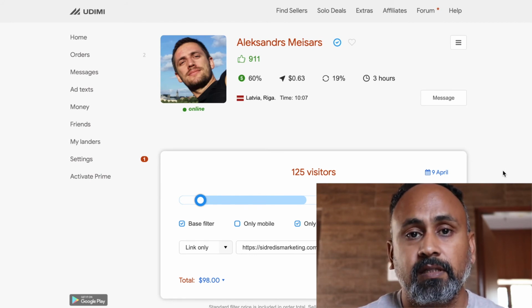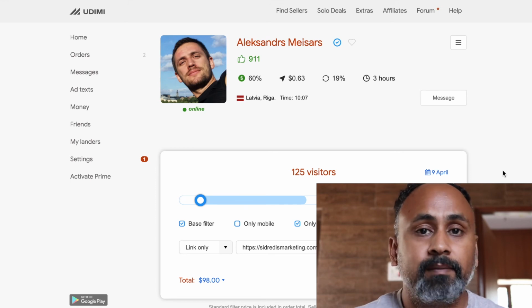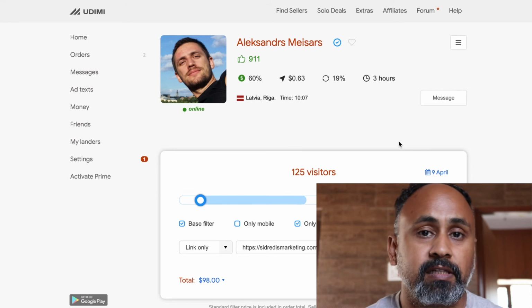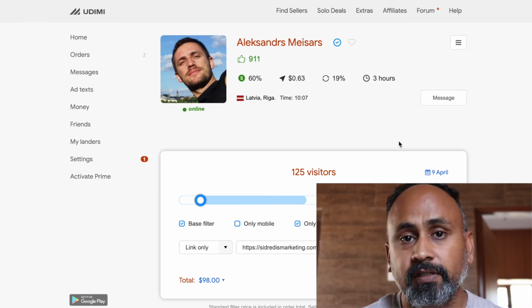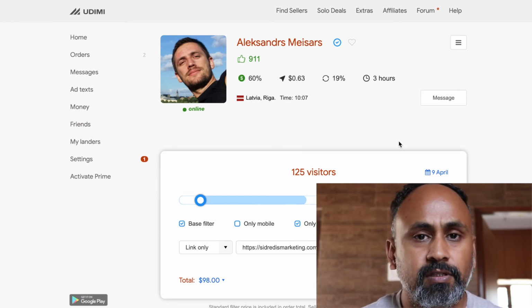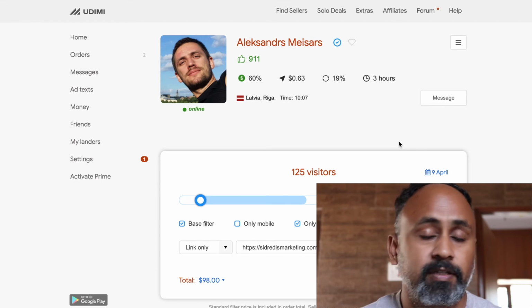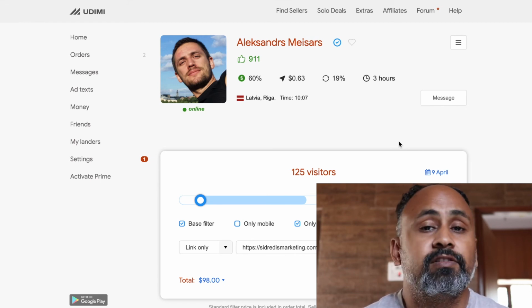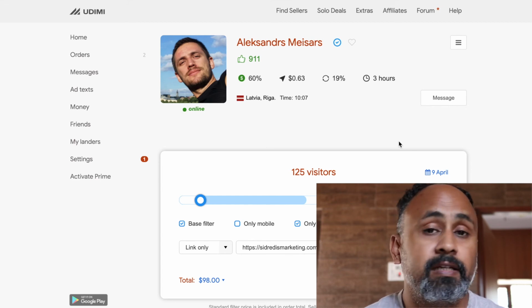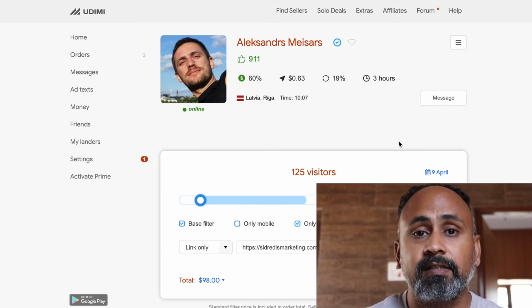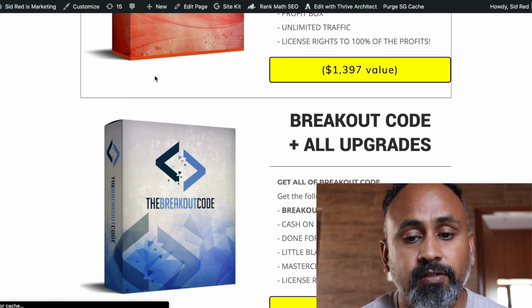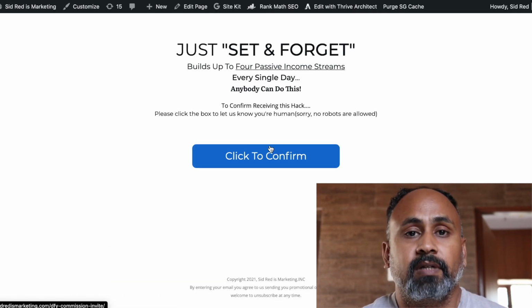Double opt-in means that once the subscriber enters your email list, an email is triggered from the autoresponder to the person. It may go to spam, it may go to promotional, he may not click it. So what happens? He is not in the list. When it is a single opt-in, he will be in the list once he opts in using your form, right?